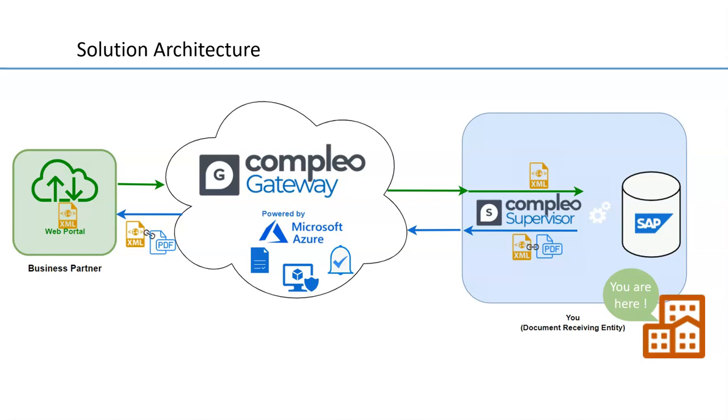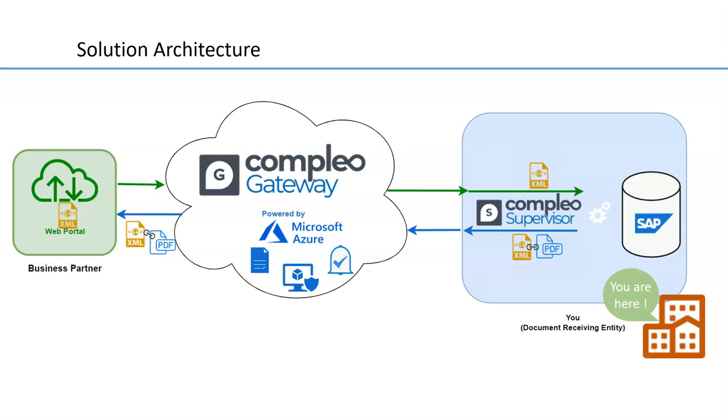Here is an architectural diagram with two entities doing business. On the right side is a company or organization that has adopted and implemented Compleo software in order to facilitate document exchange processes. The Compleo adoptee will be receiving documents in this example flow. On the left side of the diagram is a business partner who is looking to send documents or document data to the Compleo owning document receiving entity. Most importantly, between both entities is Compleo Gateway, our Microsoft Azure cloud-based solution for secure document exchange portal that both